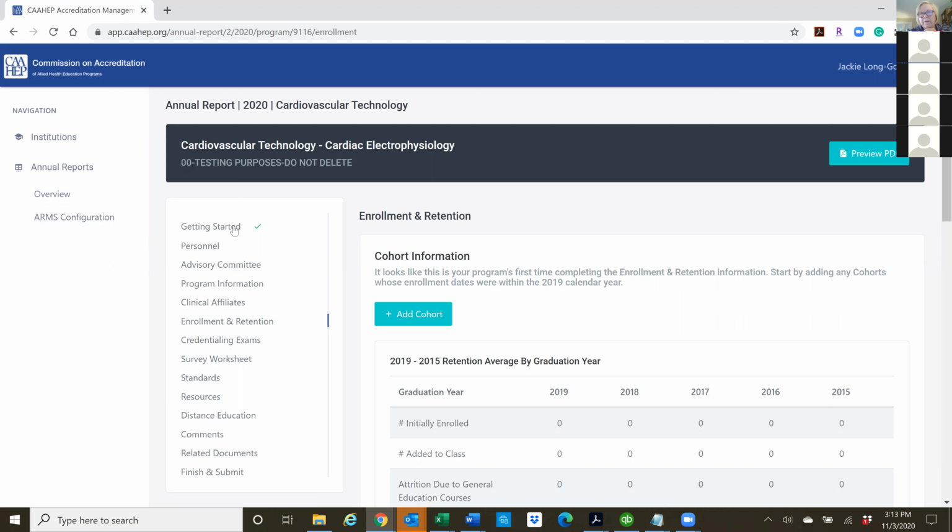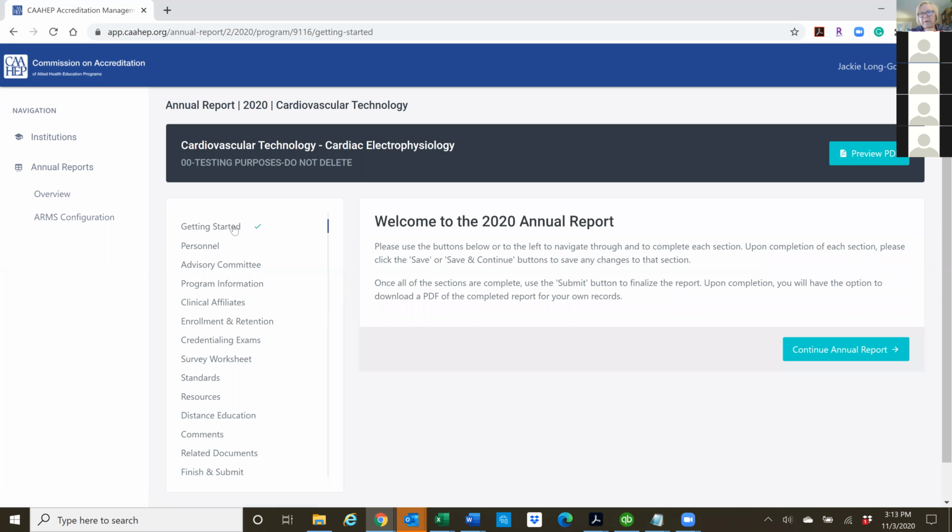We are getting a new website. We hope to have it launched by now, but we've just been a little distracted with virtual site visits and launching a new ARMS. So hopefully within the next few weeks, you're going to have a new website for JRC-CVT, and we'll make sure that the links are on there. So you'll be able to go there and get them as well.